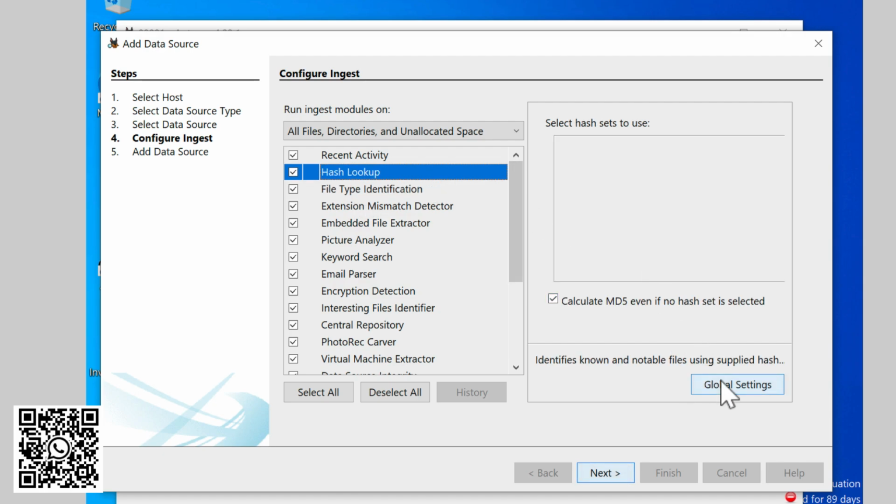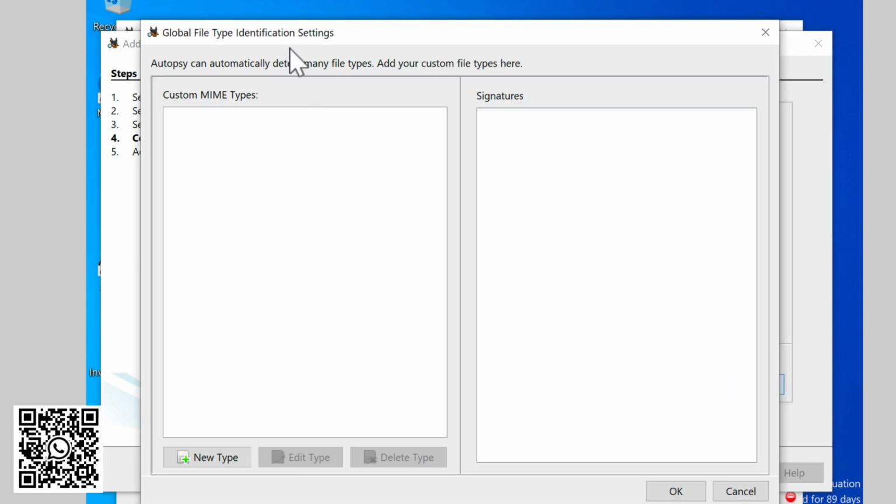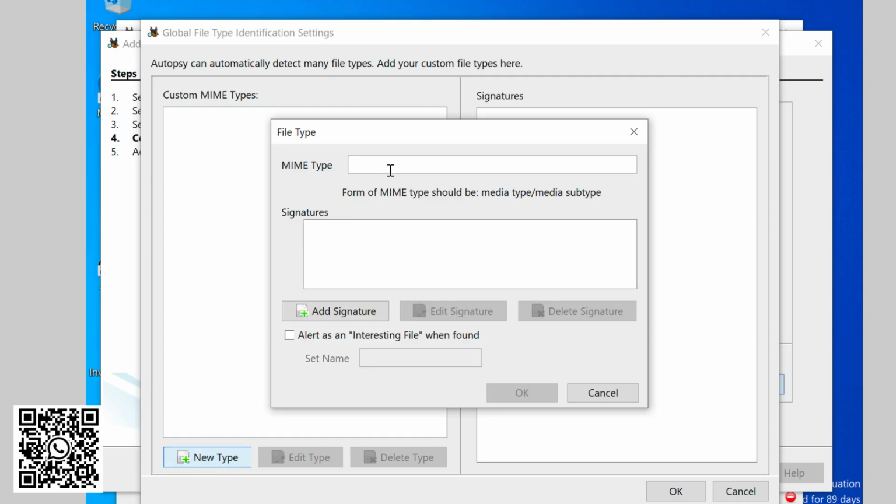Now if we talk about hash lookup, I would suggest you click on calculate MD5 hashes, and each option over here has a global setting. So you can just go to the global setting option to find more details or advance your search. Let's say, for example, the device is from a company called Geo.